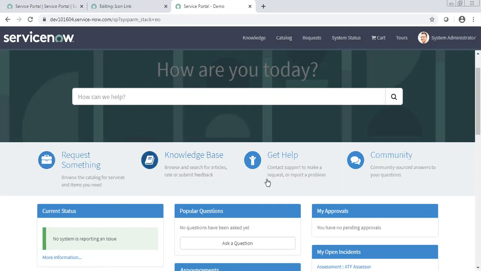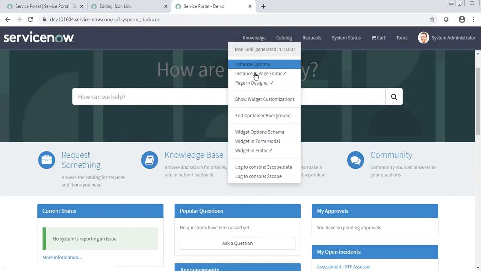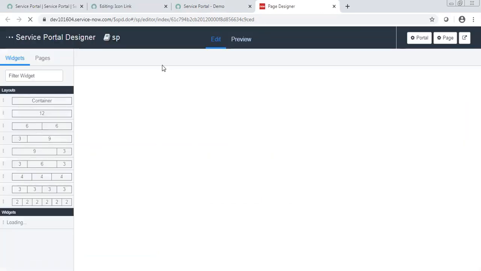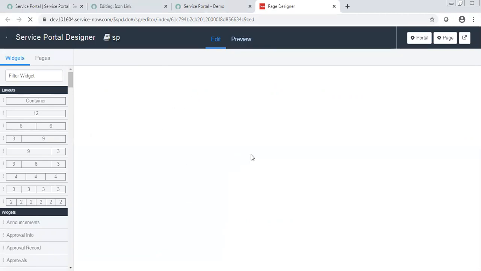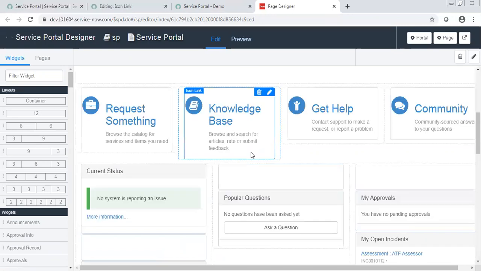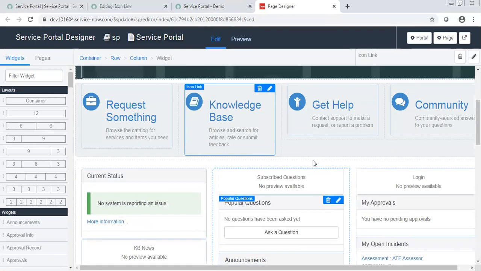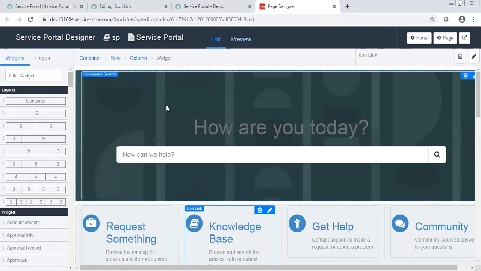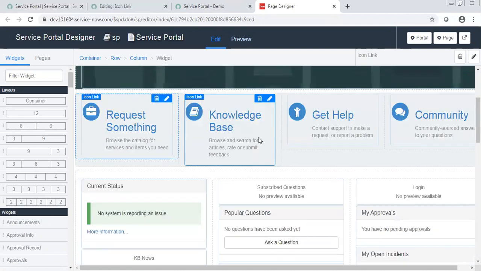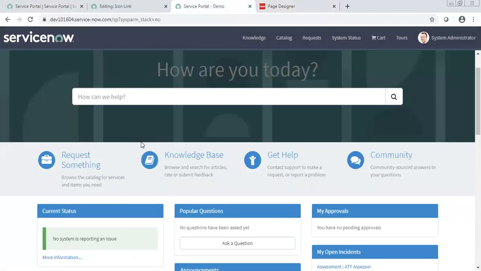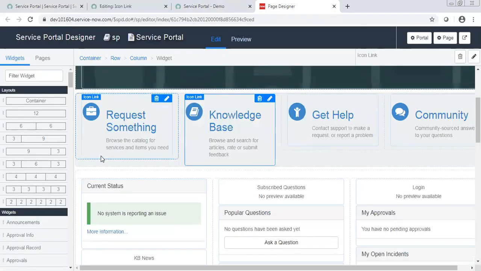Okay. If I need to put it in as a fifth option here, what I will do, I will go to this page in designer, because I need to put it on the page. So it will open like this. Here the full page is there. It's the home page. Then here you see these four options, right? Which were available here.